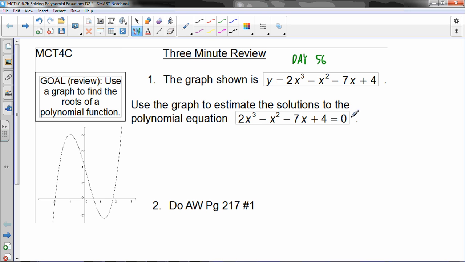Well, notice this whole thing is y equals that. That's this graph. We want to look for the spot where y equals 0. Well, y equals 0 is right along here. Any spot where it crosses the x-axis, the x-intercept. So we're looking for x-intercepts. And x-intercepts and solutions to equations